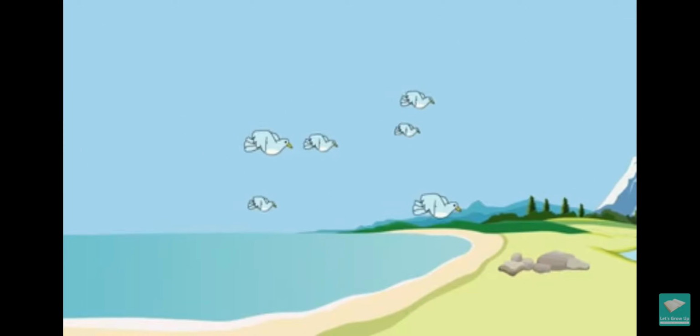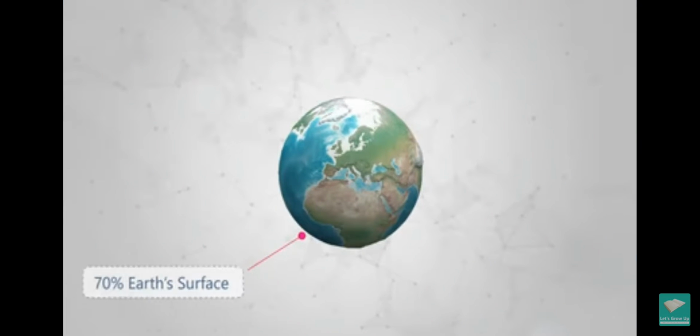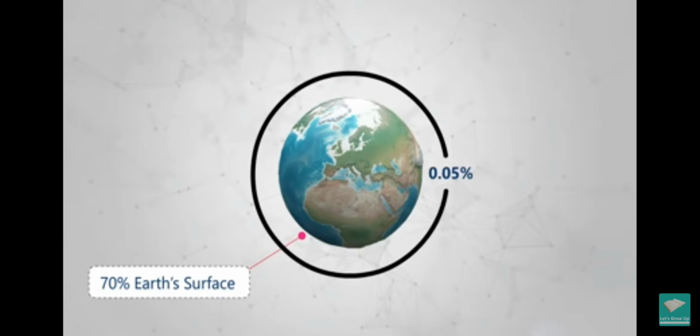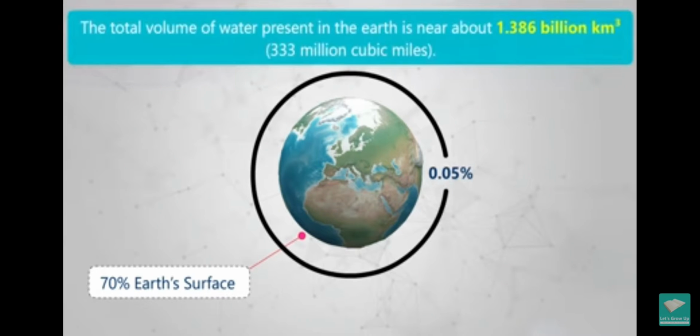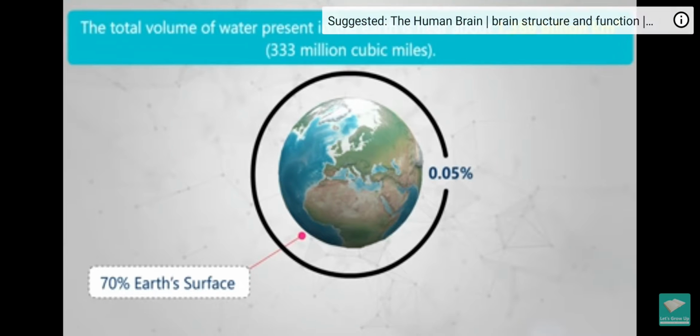Water is one of nature's gifts, and it is the main source of life on our Earth. It covers 70% of the Earth's surface, but actually, it represents only 0.05% of Earth's total mass. The total volume of water present on the Earth is about 1.386 billion cubic kilometers, 333 million cubic miles. Out of this volume,